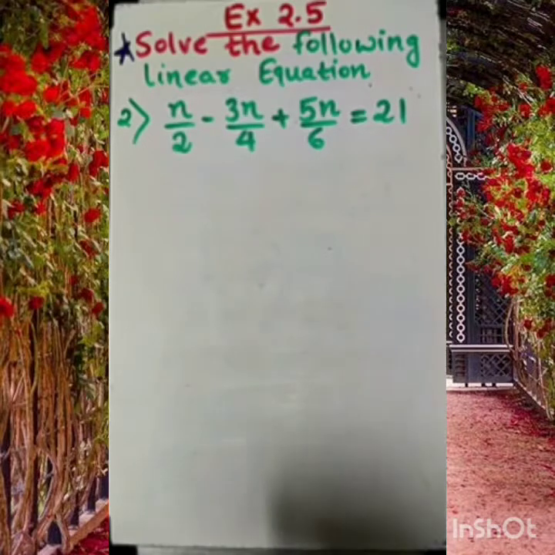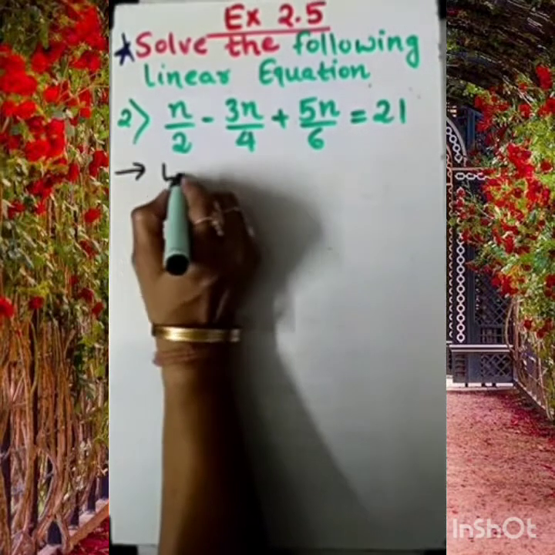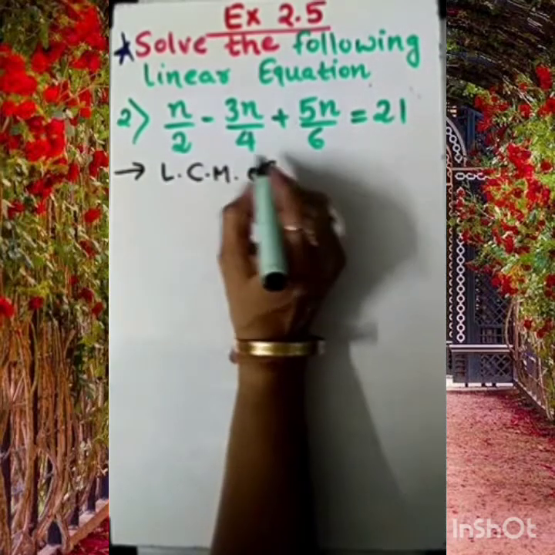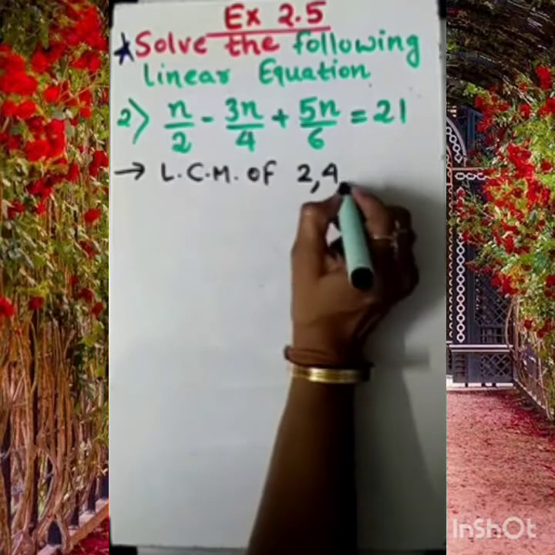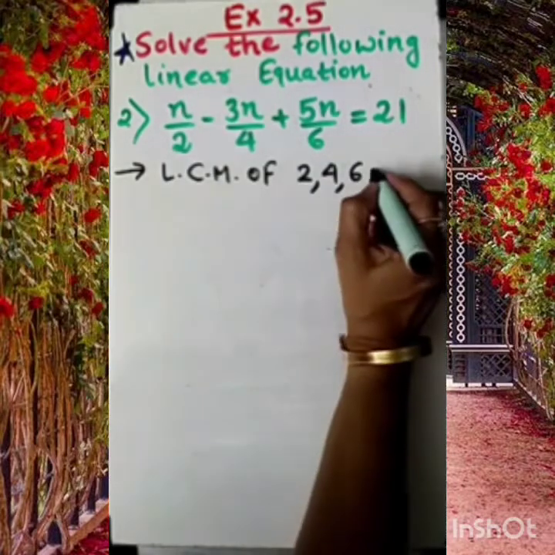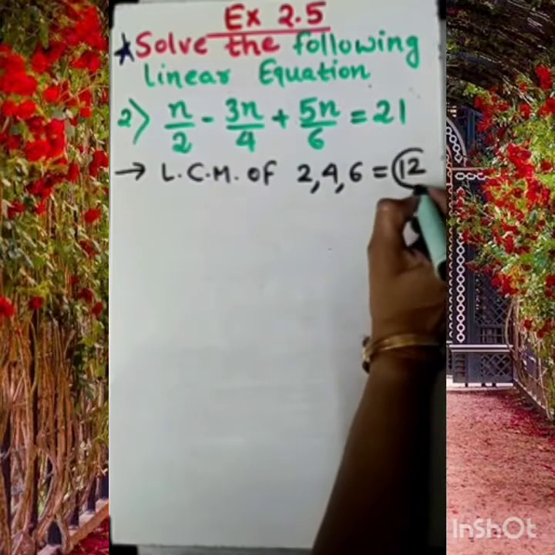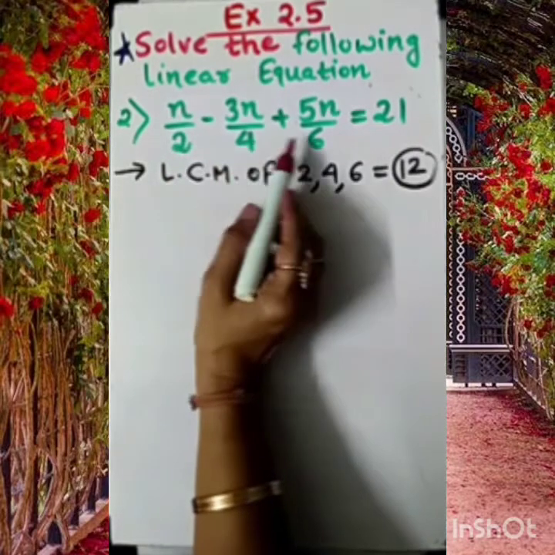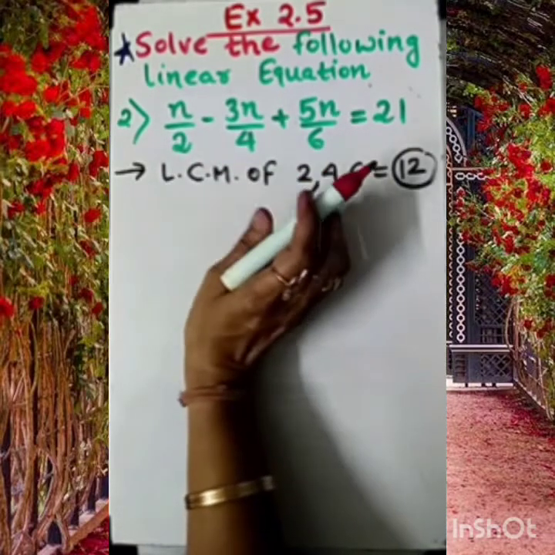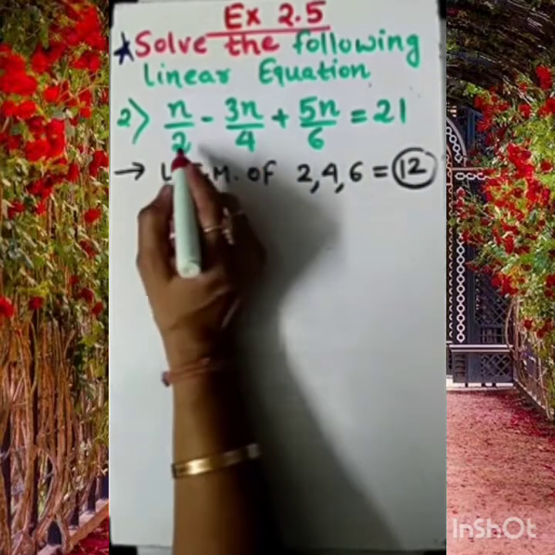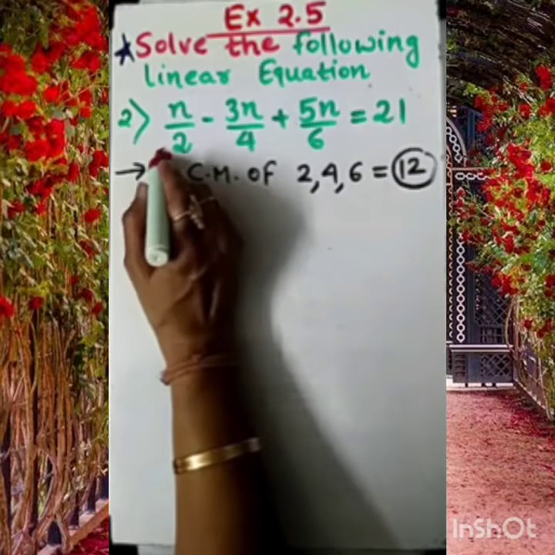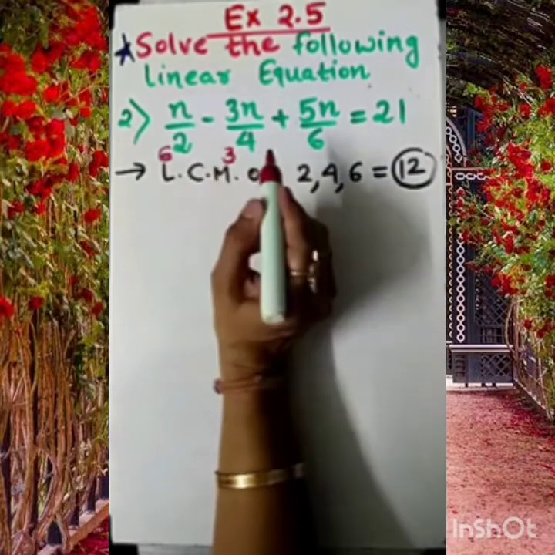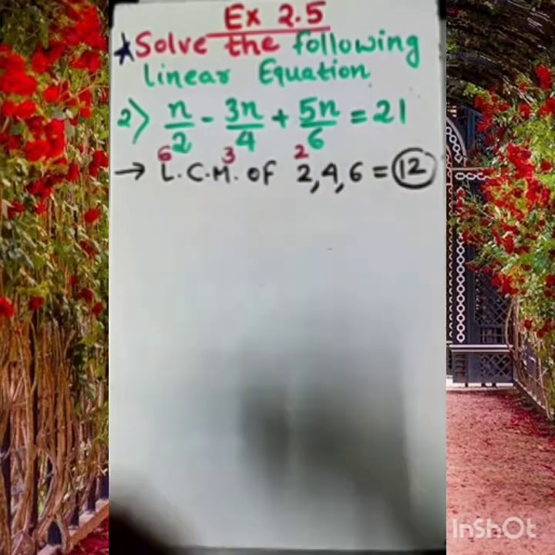Okay. So as usual, as I taught you, take the LCM of 2, 4 and 6. What will it be? Of course, when you find it in a rough column, it will be 12. The LCM of 2, 4 and 6 will be 12. So in such a case, I am taking the LCM of LHS only. This time I am showing you how to move with LHS only. So 2 can be multiplied by 6, 6 twos are 12. 4 will be multiplied by 3, gives 12, and 6 twos are 12.